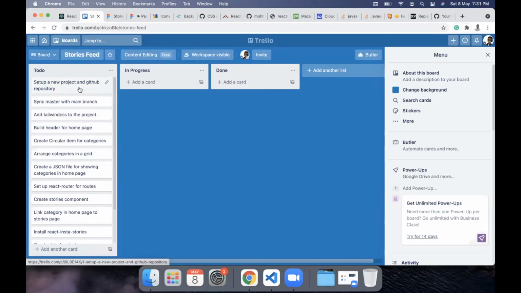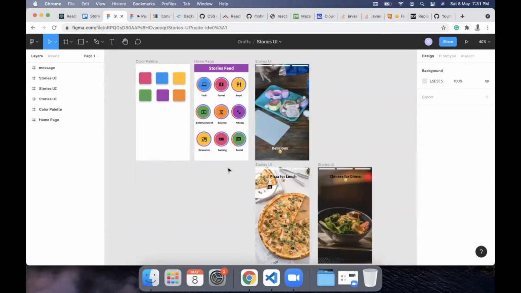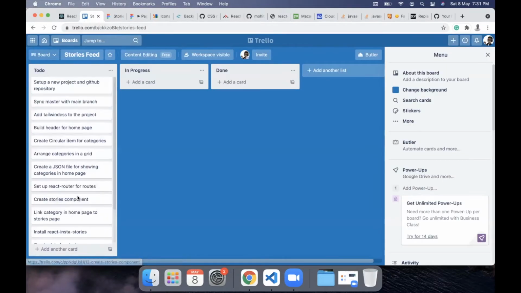So coming to the tasks in the list, if you want, you can create an account on Trello or Asana or Jira or any kind of task tracking tool, and list down all the tasks that you can think of while creating a project like this. So basically, we have a screen for the stories feed, then a screen for stories, then you can search for all the libraries and tools that you need, and list down all the tasks on your own. Or you can just see these tasks and replicate them in a Trello board, so that you can follow along with me. Now, without taking any more time explaining, let's jump into the coding part.